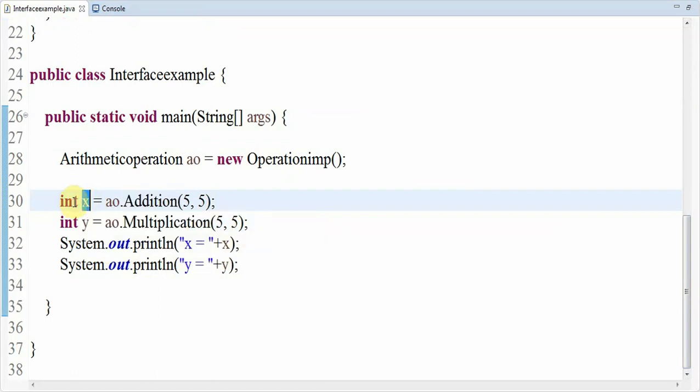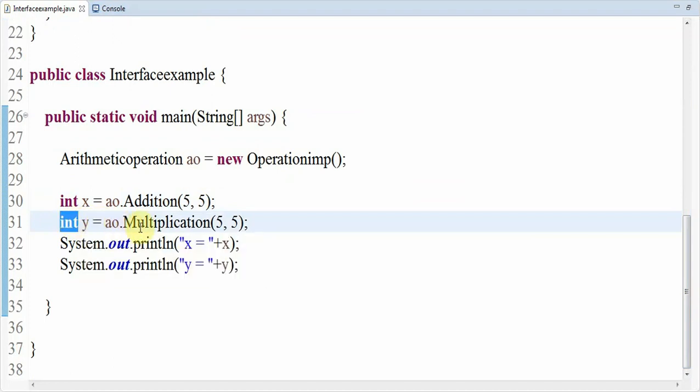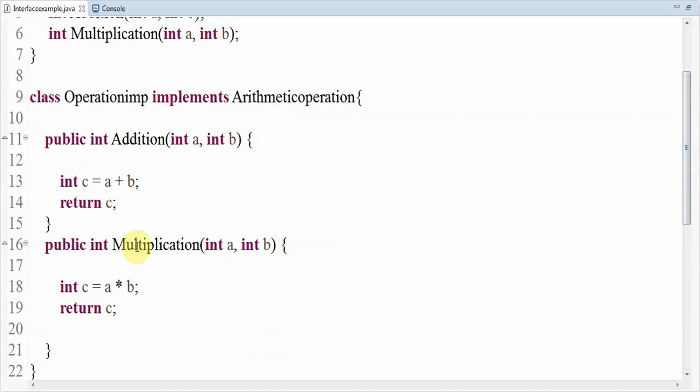left side variable. In the same way, I'm declaring one variable y of type integer, and I'm calling the multiplication method by sending two values, 5 and 5. The control comes over here and accepts 5 and 5, and now a and b hold the values 5, 5, and the multiplication operation a into b will be performed.